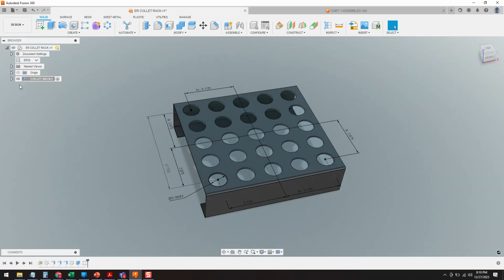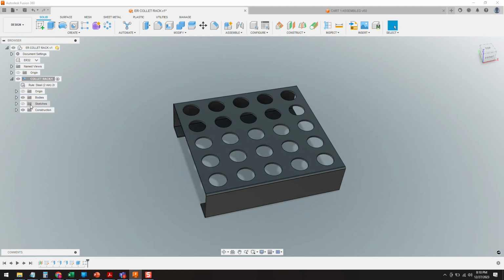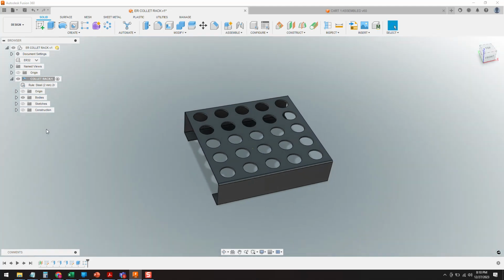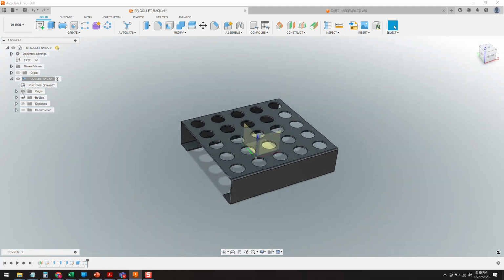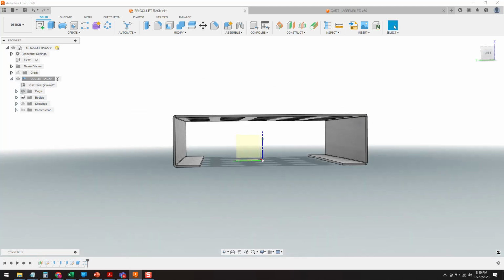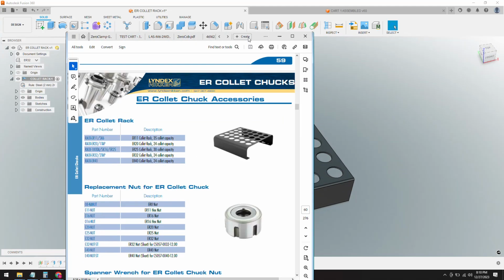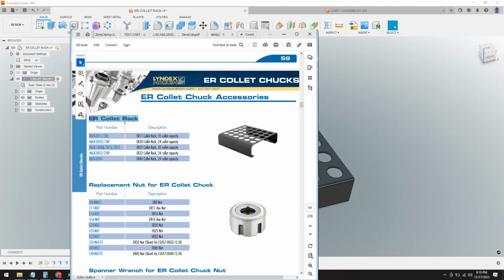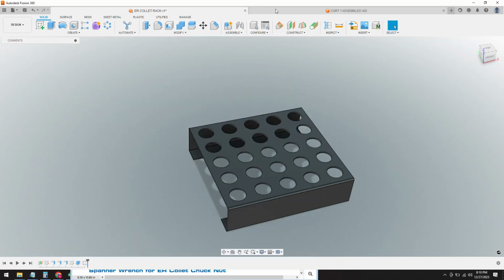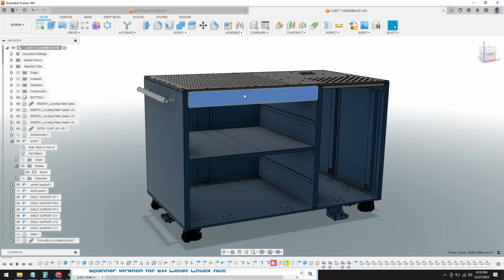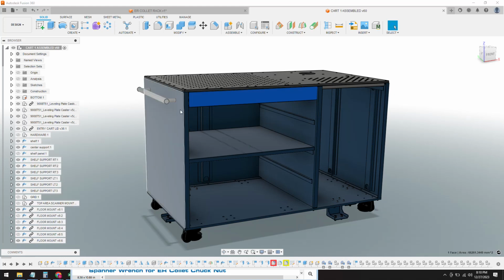Hey Jake, so this whole configuration thing came out the other day and it got me all excited, and I finally had a project to use it for. So here's a little sheet metal part. The goal is to create something like these ER racks that can go in the top shelf of our